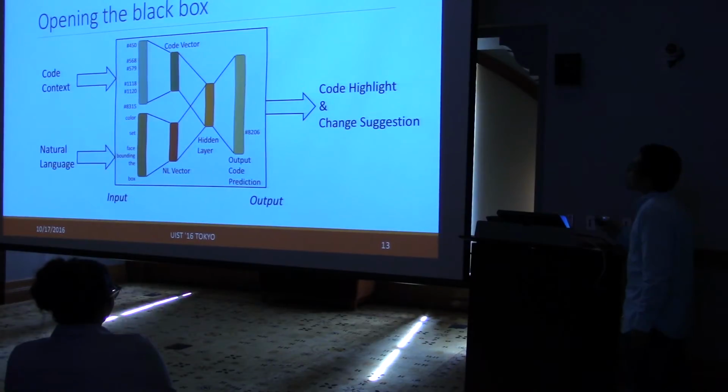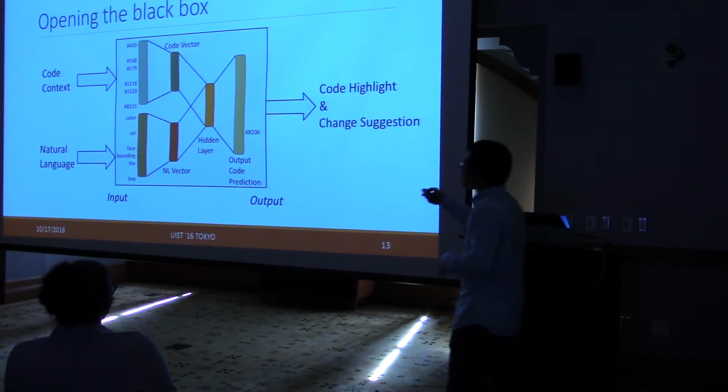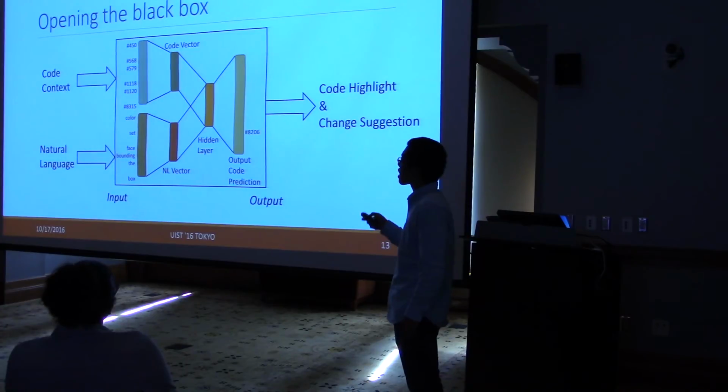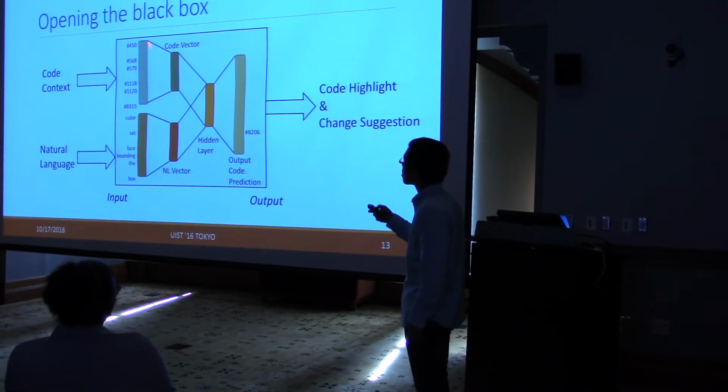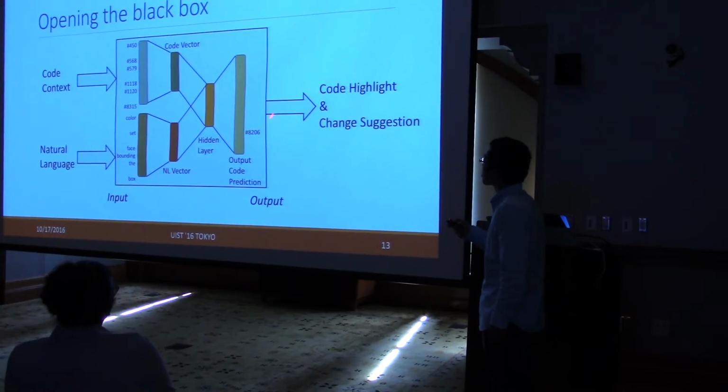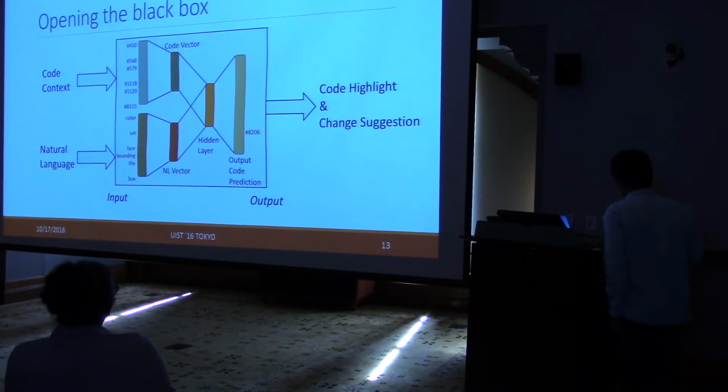In order to understand this model, it is important to understand how we map raw code content to this part. What is this part? This is a lookup table. It's like a dictionary where there are certain entries. So how do we map a piece of code into entries on the dictionary? And same here, how do we map a natural language query to entries on the dictionary? And then how do we map the model's output to the UI, right? So there are three things we want to solve.